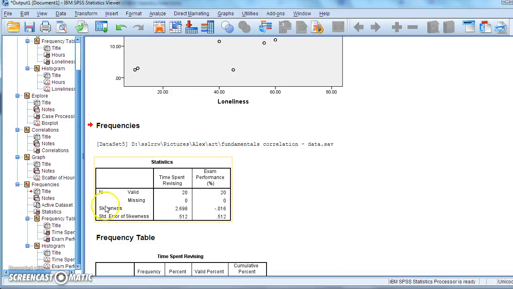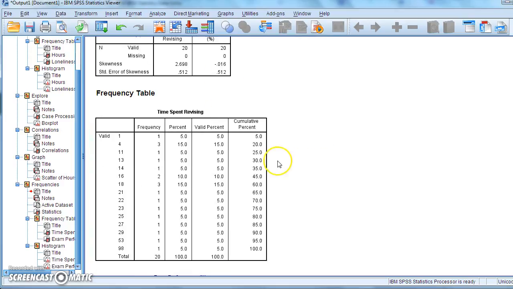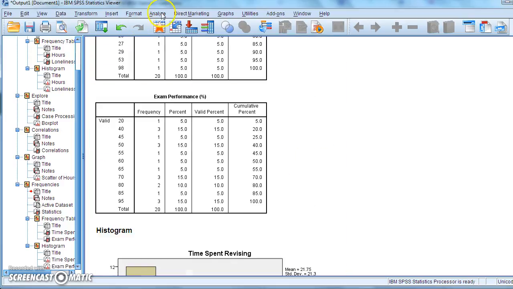And notice that this is the case. This variable is fine, but if you include one variable in the analysis that is skewed, then you can't use the parametric statistic, the Pearson correlation, because the parametric assumptions are violated. It only takes one variable in a test to do that. Okay, so we've done all this stuff here.